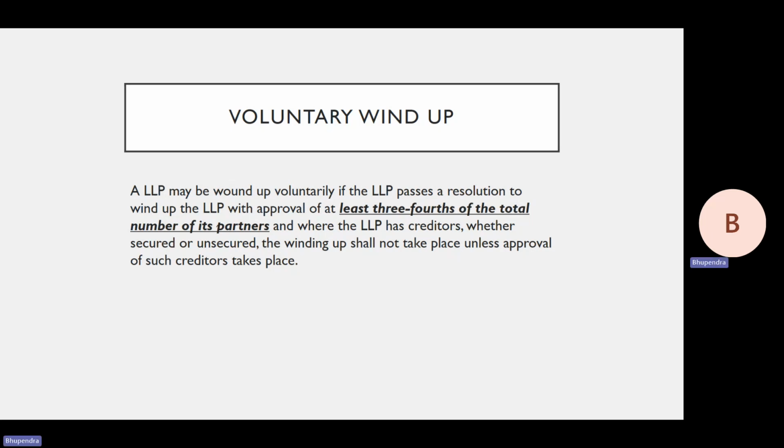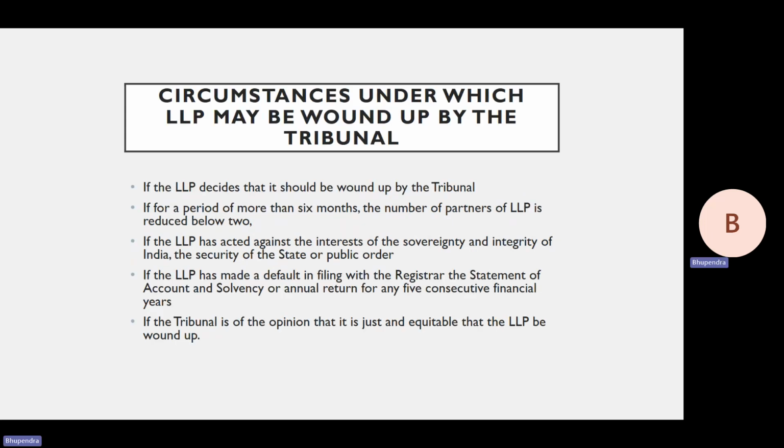अब ये circumstances, एक था वॉलंटरी, एक था ट्रिब्यूनल। अब ये सर्कमस्टांसेस है कि ट्रिब्यूनल कब एक एलएलपी का वाइंड अप कर सकता है। एक तो पहली बात एलएलपी ने डिसाइड कर लिया हमें वाइंड अप होना है, या फिर if for a period of more than 6 months the number of partners of LLP is reduced below 2. 6 महीने से ज्यादा आपके नंबर ऑफ पार्टनर्स 2 से कम हो जाए।